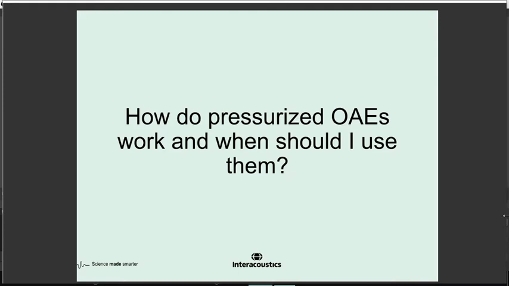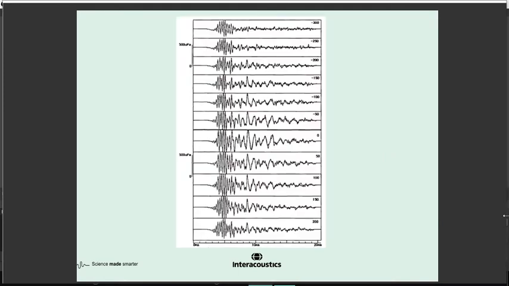Okay, so there are certain middle ear conditions, obviously, where there's a pressure offset in the middle ear, and what that does is change the transmission characteristics of the tympanic membrane. So it's going to affect the transmission into the middle ear and back out when the OAE is being measured. And I have an illustration here of a series of TE responses that were taken across a range of pressures, and you can see the